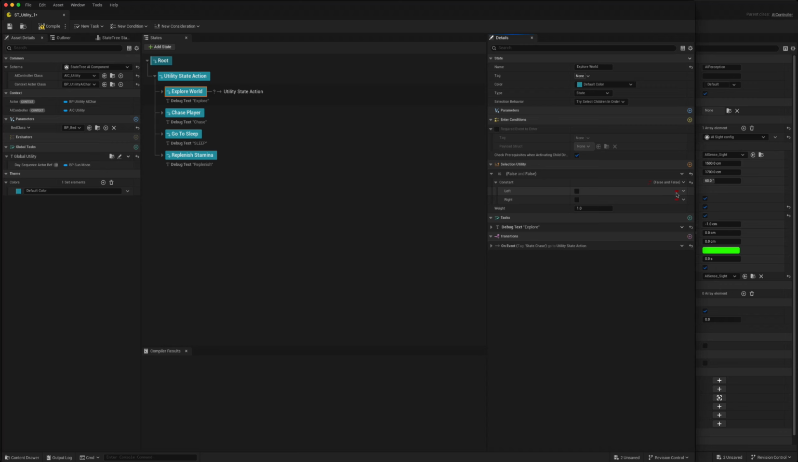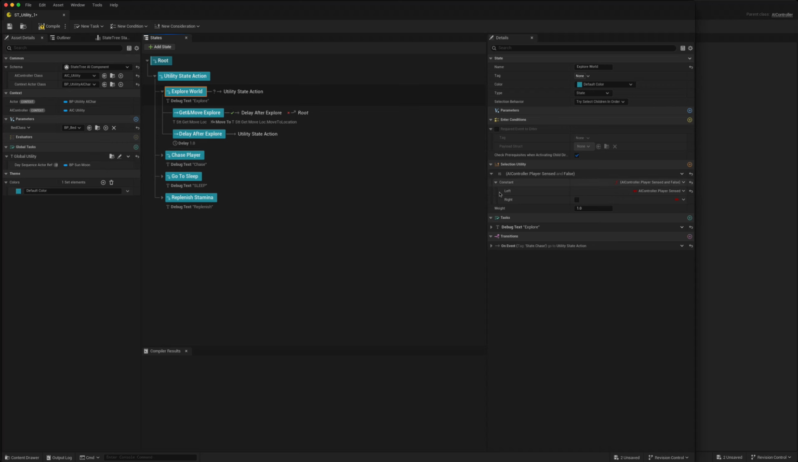So the logic here is if the AI controller cannot sense the player, he should explore. So we drop down there, we look for our AI controller reference, and this is the player sensed boolean that we just created. And we'll say if that is equal to false, then this will return a score. And the scores are normalized, I think, between 0 and 1. So this would return a score of 1 if the player was not sensed. So if player sensed equals false, this will return a score of 1,